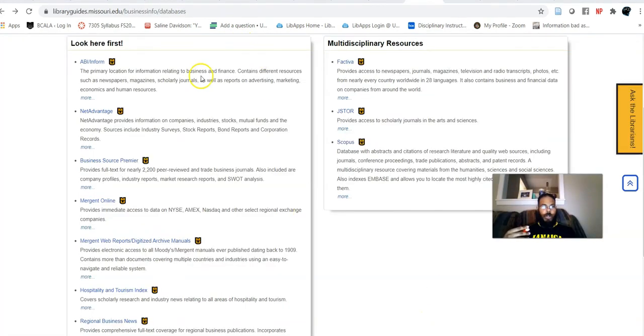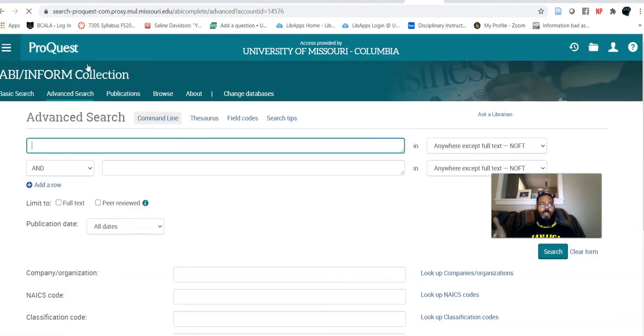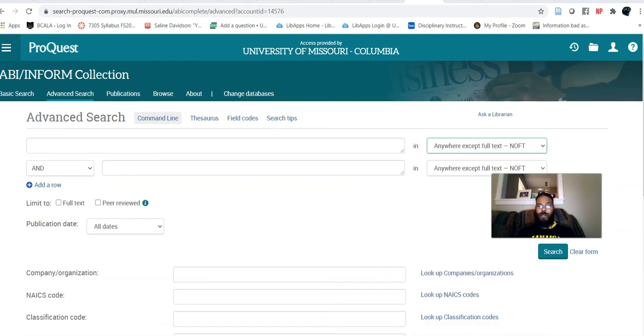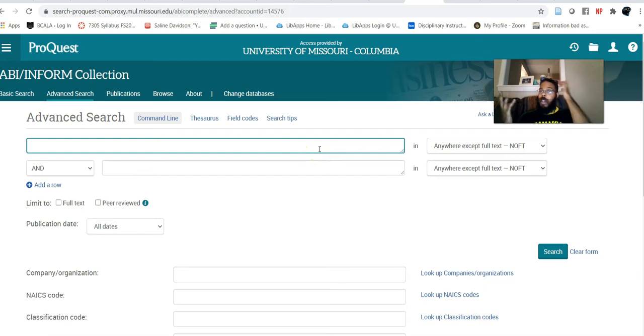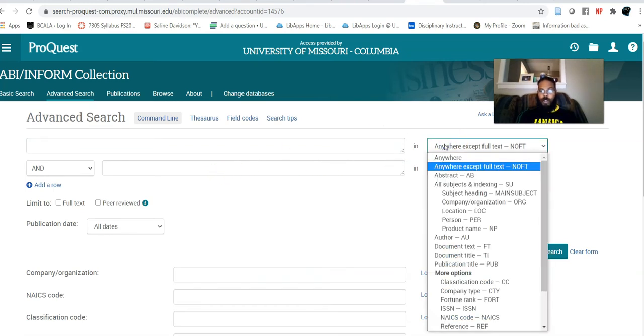Now, while we are on this subject of news, there's one other thing that I want to go into really quickly, and that's going to be ABI Inform. Again, this is a place to get news, and that can include company news and industry news, but it is also a place to get supporting information, things that can be very useful to company research, industry research, and so forth. So if we jump in here,